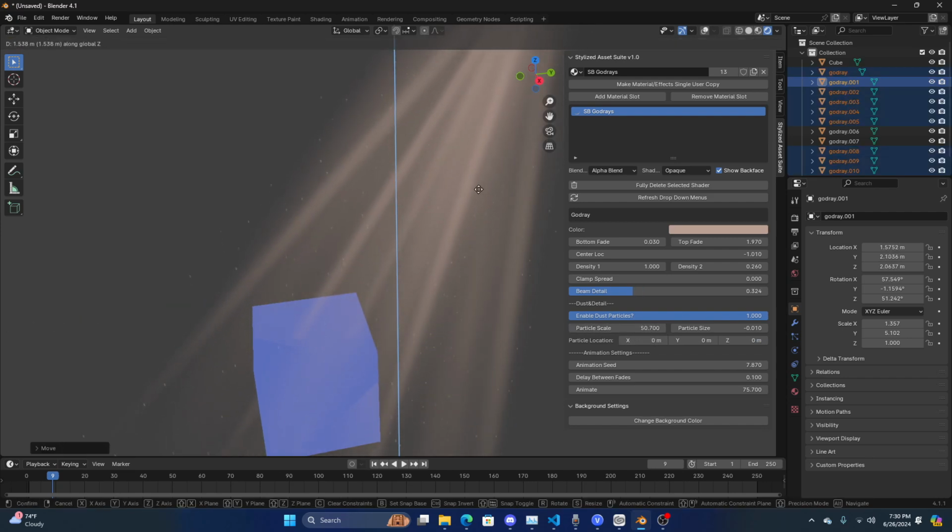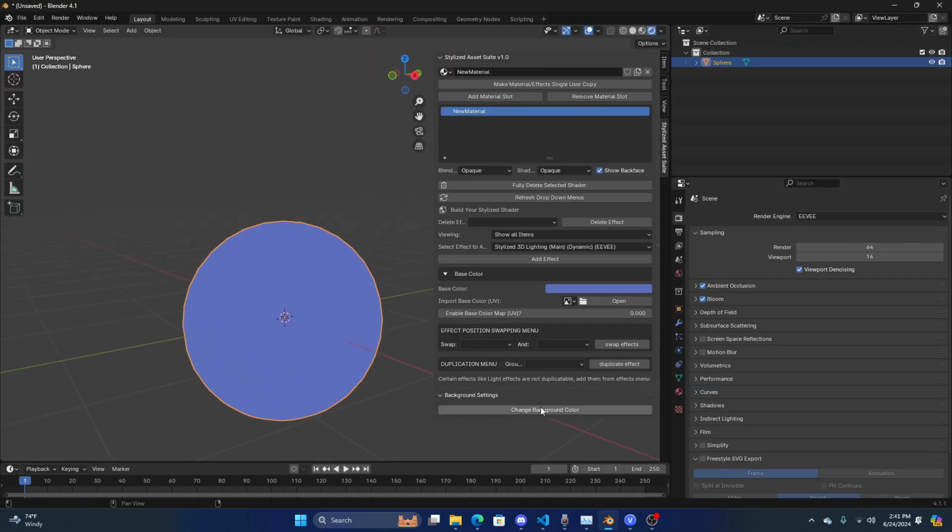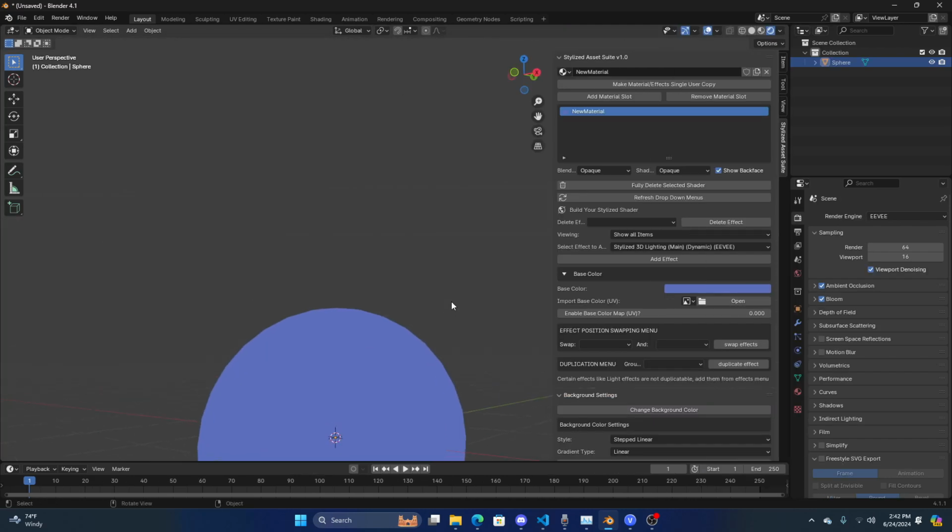You should also move these rays in front of the cube like this. Yeah, it's a lot better. Lastly, we also have this thing down here where it says change background color. So if you click that, you won't notice anything immediately, but basically what it lets us do is